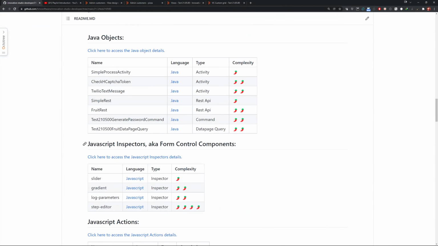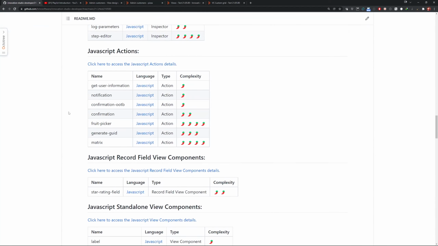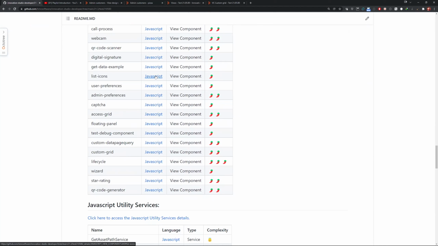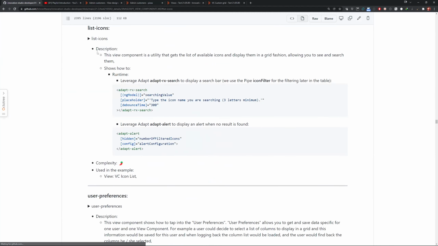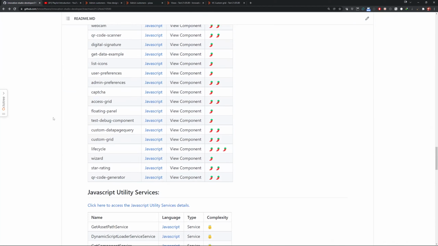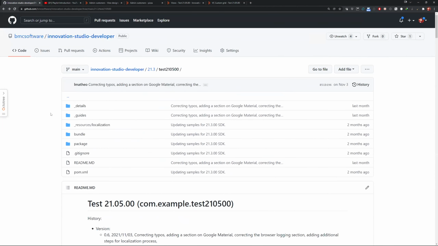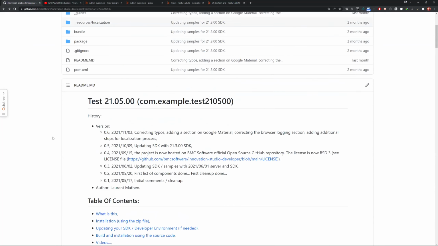So you have a list of all the different examples that are here, the different JavaScript elements. Each JavaScript element is described, I mean, what is the part that is really interesting for this particular element. And you also have some guides. These guides are going to tell you exactly how to create an application, how to create a view component, how to create an action. So you have that in